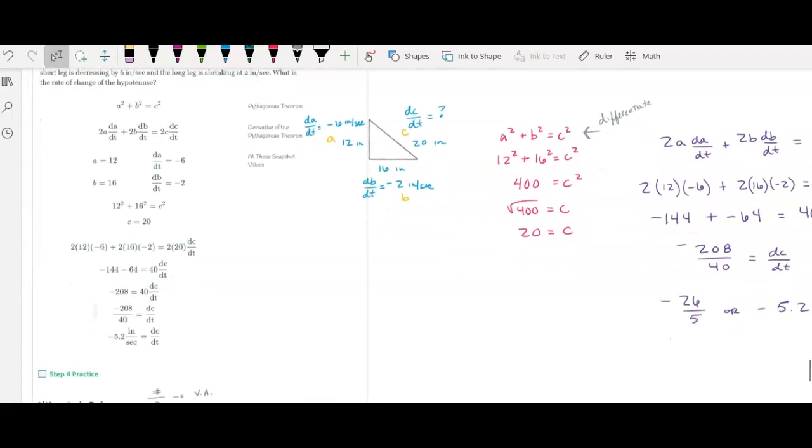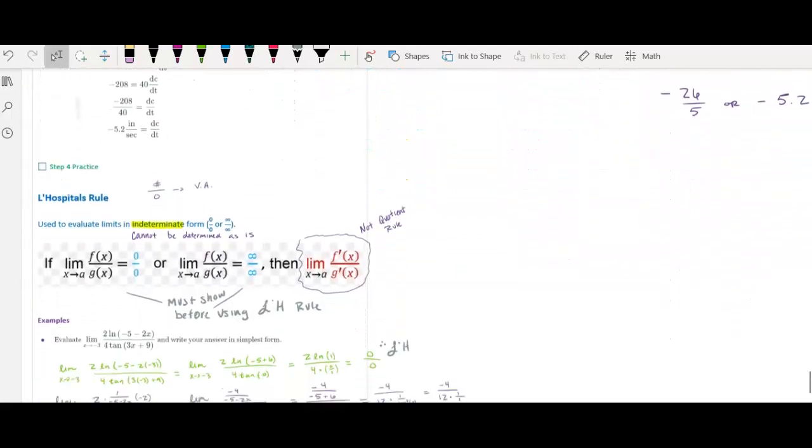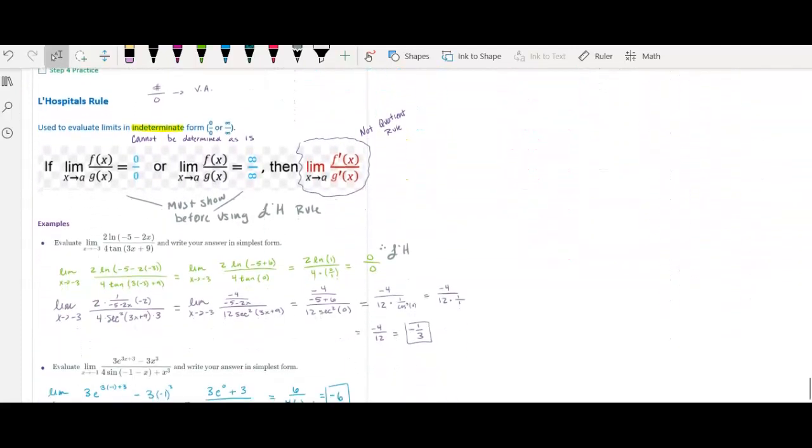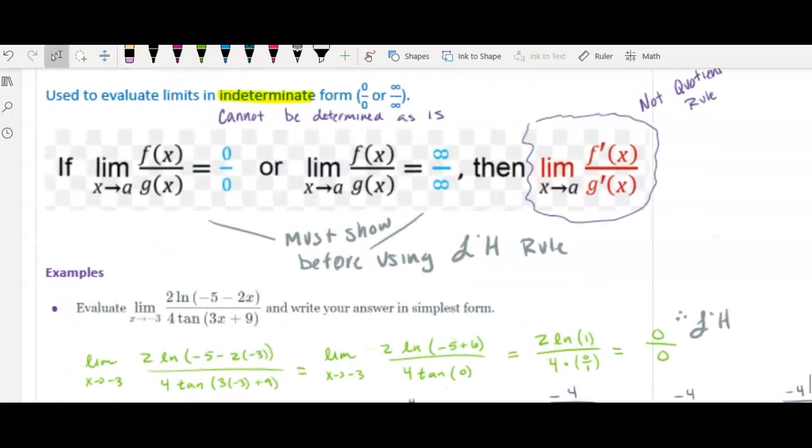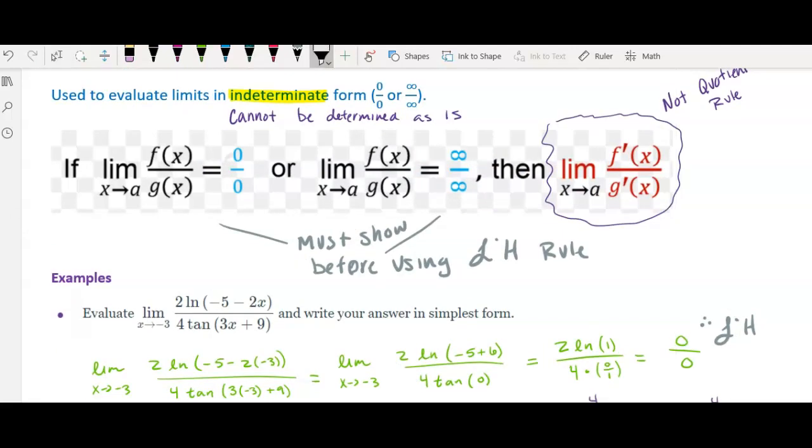The work for example 3. And L'Hopital's rule, we use it to evaluate limits in indeterminate form. So the indeterminate forms are 0 over 0 or infinity over infinity. So if the limit comes out as 0 over 0 or infinity over infinity or negative infinity over infinity,